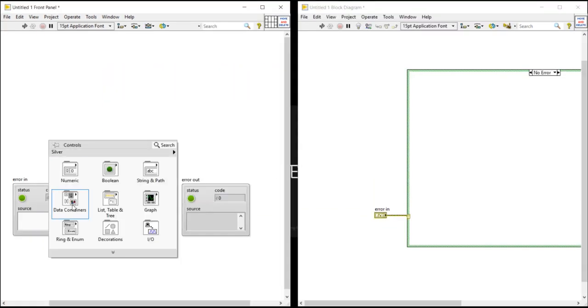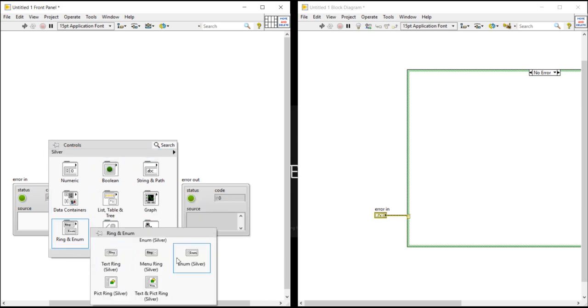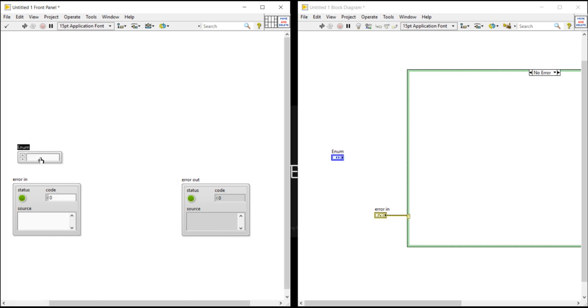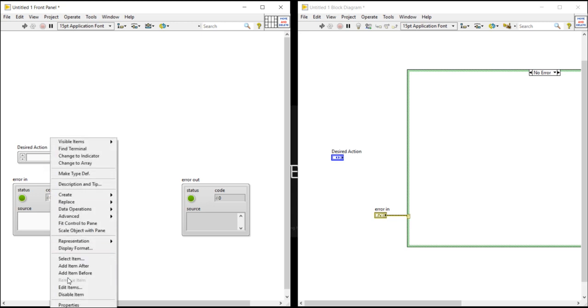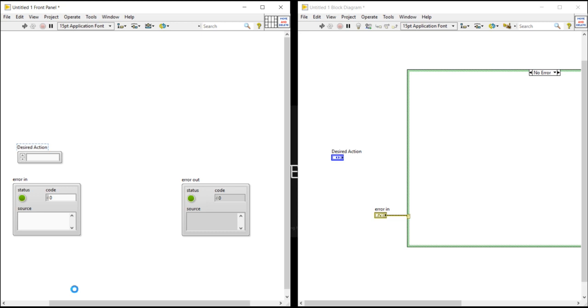Again come into the front panel. Now come into the ring and enum, take an enum and place it here. Now write desired action. Desired actions, right click, edit item.